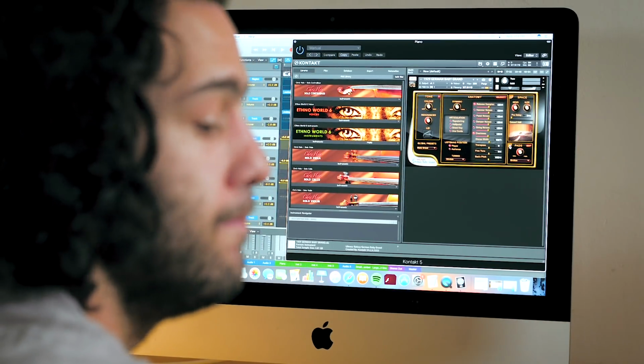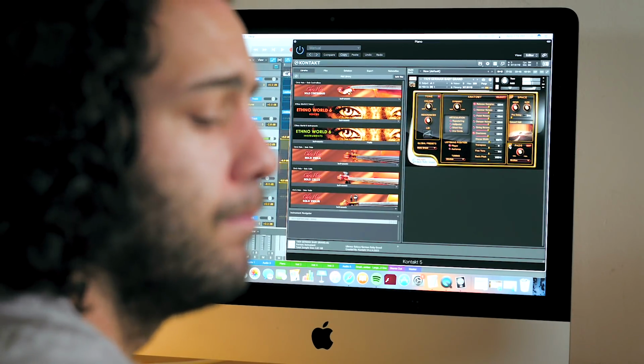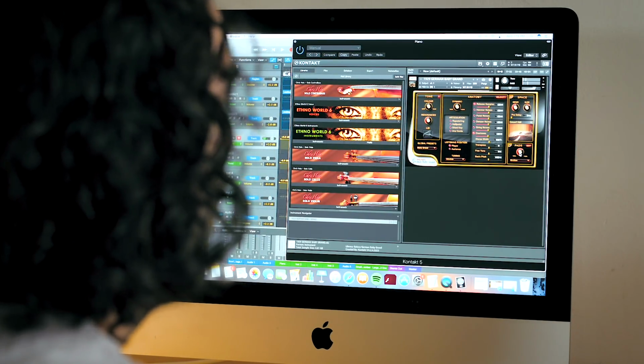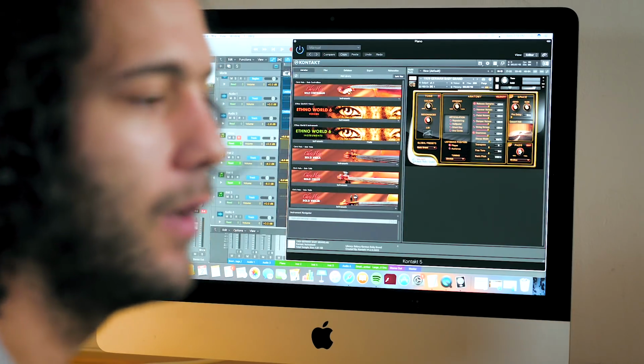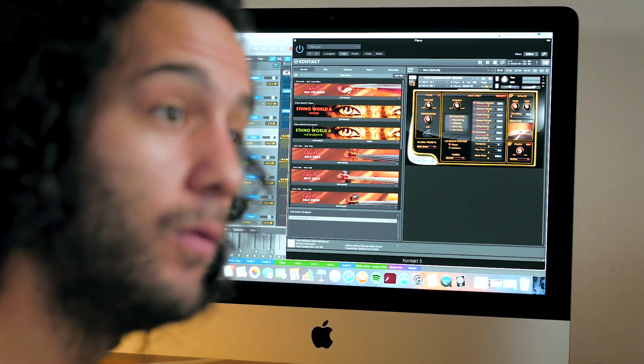So without the pad, and then with the pad, and I'll exaggerate it a little bit too. So this is a really great tool to use in film scoring because you can have a nice natural sounding piano strike and then have attached to it a nice atmosphere, a pad. You don't have to patch in another synth or another atmospheric quality or anything, and you can have it attached